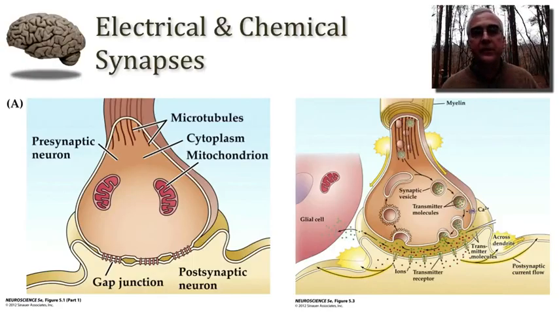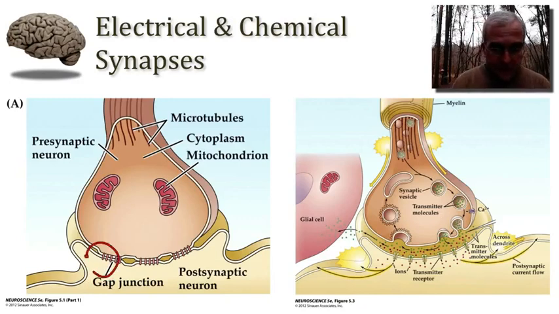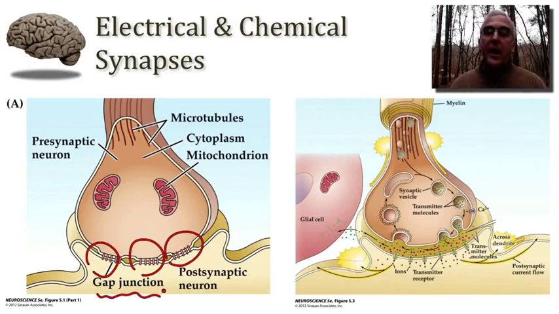Let's begin by considering the general structure and function of electrical and chemical synapses. Electrical synapses, which are illustrated on the left-hand side, function by means of proteins that form channels called gap junctions. And these channels allow for the passage of small ions that carry current directly from the cytoplasm of one neuron